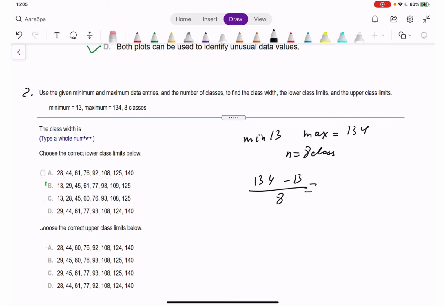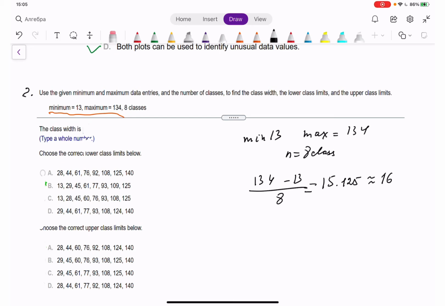We are getting 15.125, which is the class width. And here we don't do algebraic rounding, but meaningful rounding, which is going to be 16, because